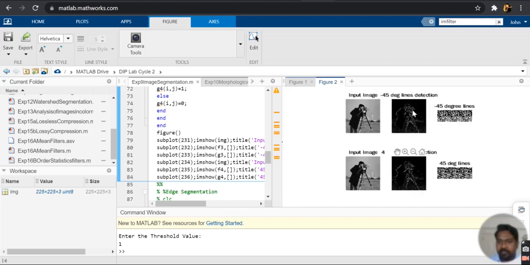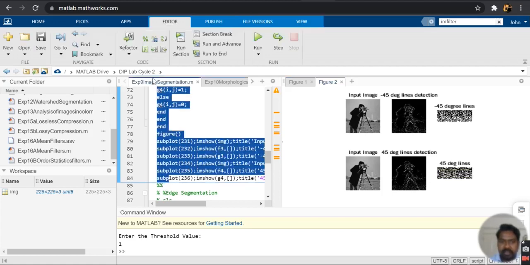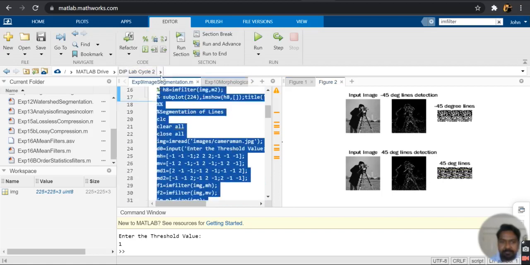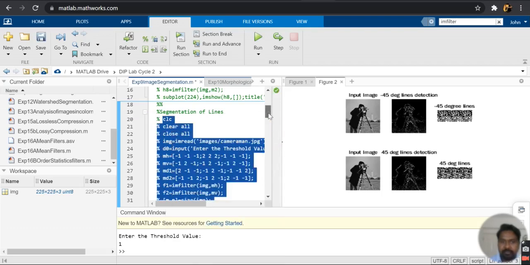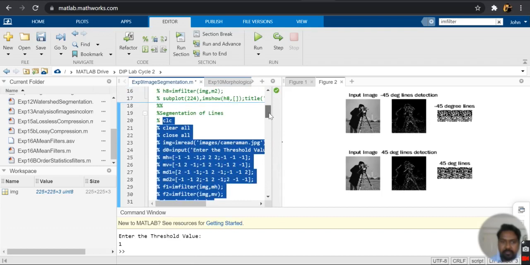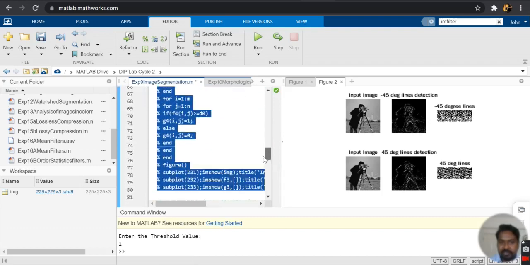So you have the input image, the minus 45-degree and the plus 45-degree, and you have the enhanced image as well. So this comes under line detection. First we spoke about isolated points, and now we are talking about segmentation of lines.